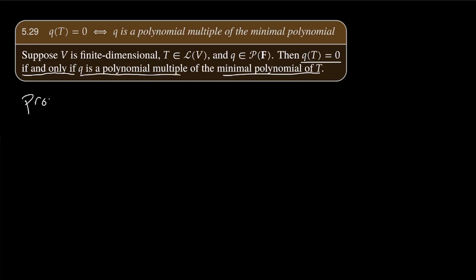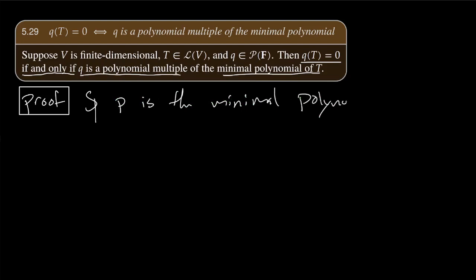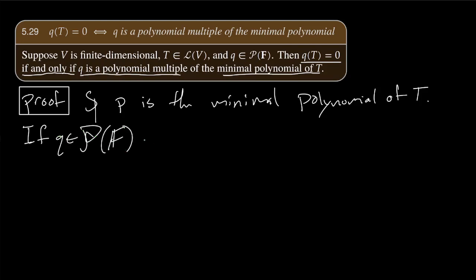So here's the gist. Let's run through the proof. It's not too bad. It's pretty straightforward. It just relies on a little bit of polynomial long division. So suppose P is the minimal polynomial of T. If q in P(F) is such that q of T is the zero operator,